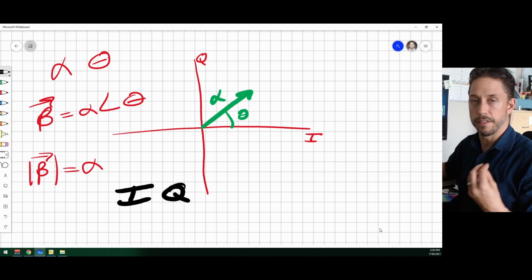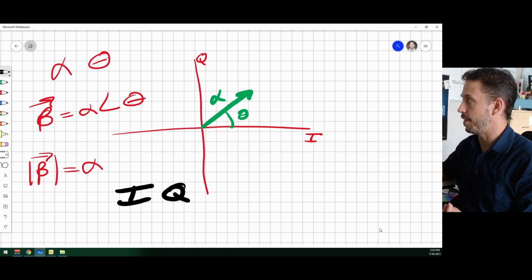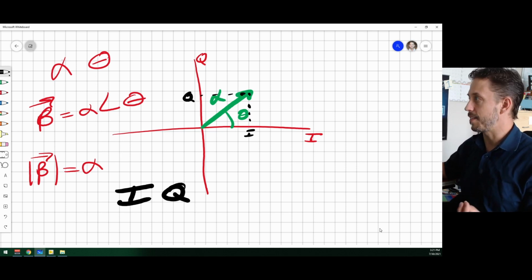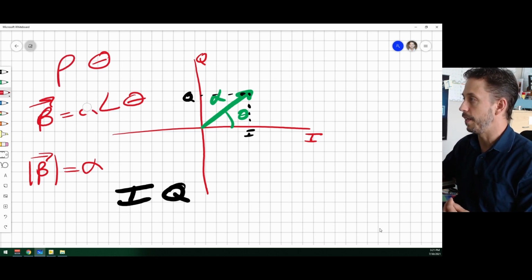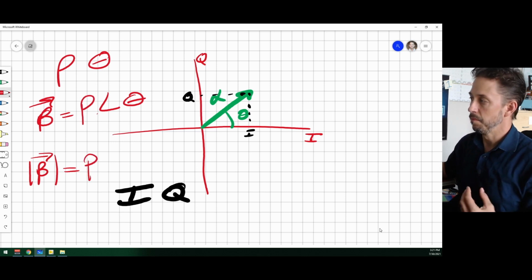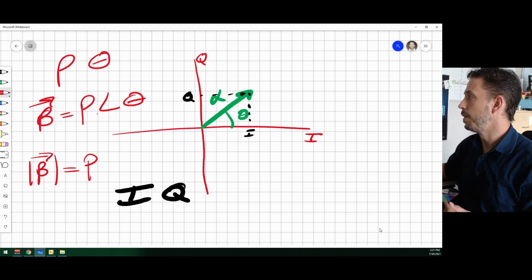However, I could think of this as I and Q of beta, but if I think about it as alpha and theta, or actually probably better put, let's talk about it in terms of how it's referred to in language, as rho and theta, the Greek letter rho,